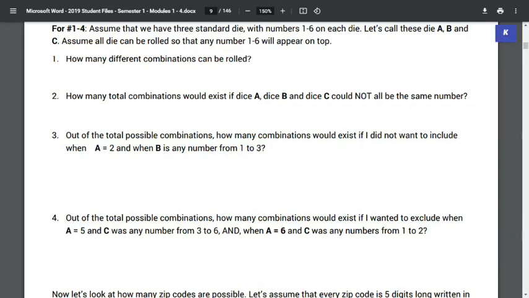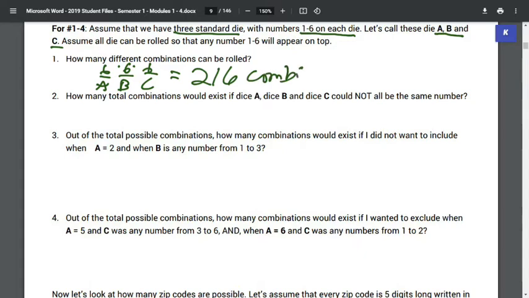So if we look at our first one, it tells us that we have to assume we have 3 standard dice with numbers of 1 to 6 on each die, and we're going to use A, B, and C. So it wants to know how many total combinations can be rolled. If we have 3 dice, the standard die has 6 numbers. So the way I'm going to write that is A, B, and C. We can get 6 numbers for A, 6 numbers for B, and 6 numbers for C as well. We would simply multiply all of those together, and we're going to get 216 different combinations that we can roll